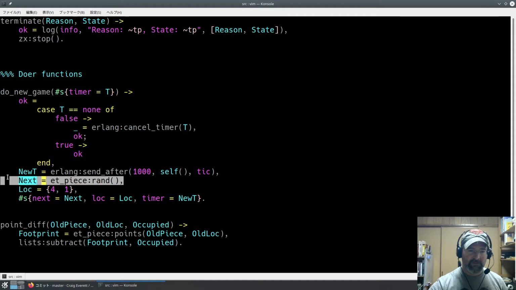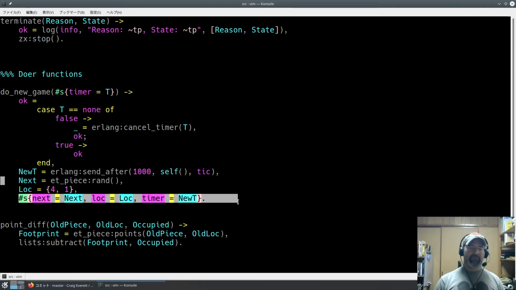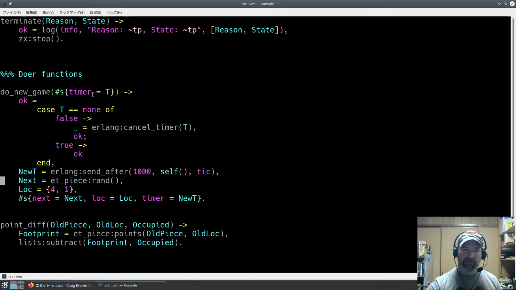Next, the next piece that we want, we're going to determine that right now by calling piece, get a random piece. We're still setting an arbitrary location. That gets fixed later. So these magic numbers aren't really good, right? And we have a new state record. If we're starting a new game, none of the previous state matters. So the old score doesn't matter, line count doesn't matter, nothing. We're just wiping all that out. We've made sure that we've canceled the previous timer. Because if we don't do that, and someone's playing a game, they start a new game while they're playing the other one,